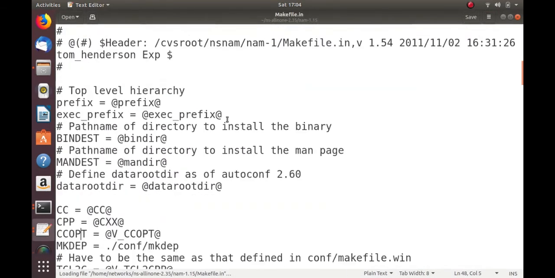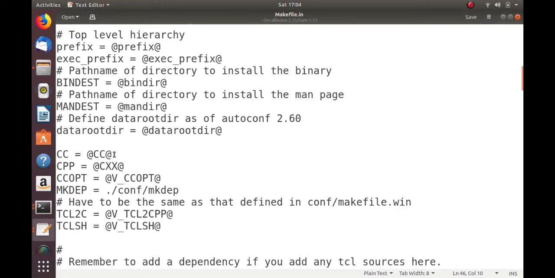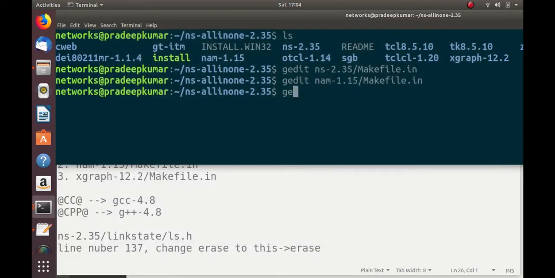So in this nam file again, we have to go and see. Here we have gcc-4.8, then g++-4.8. This also we have to change in the nam file. The second file correction is done. The third file is